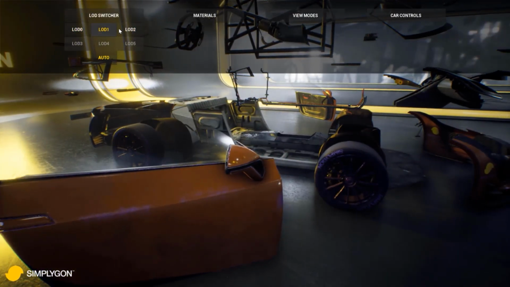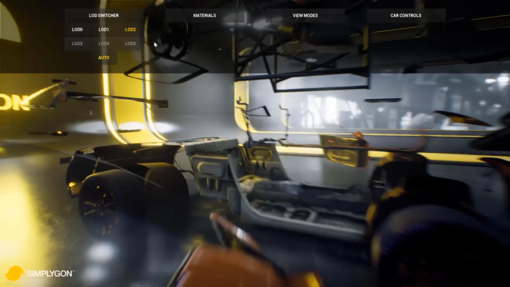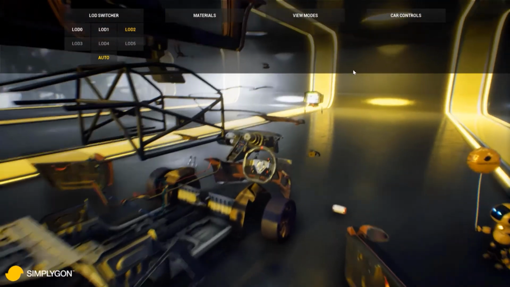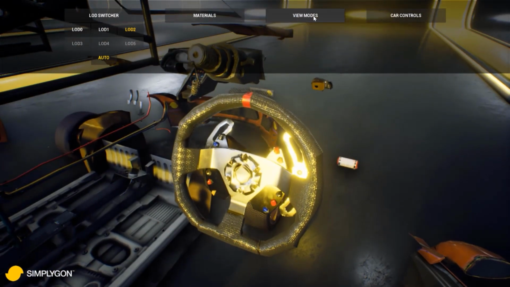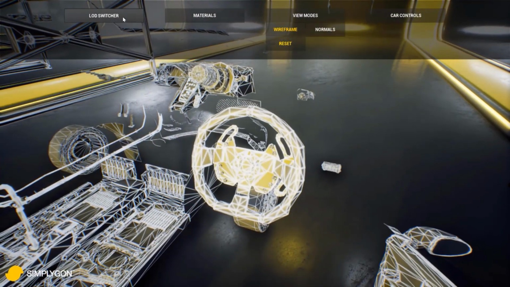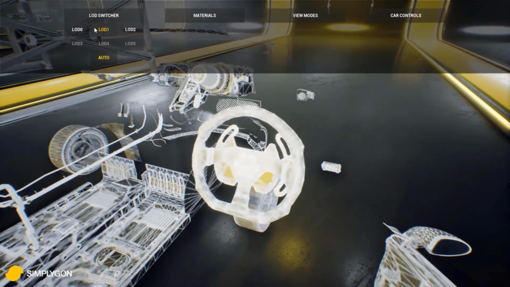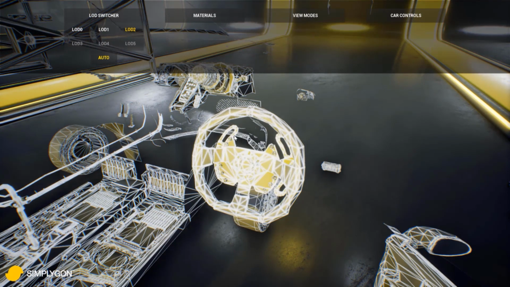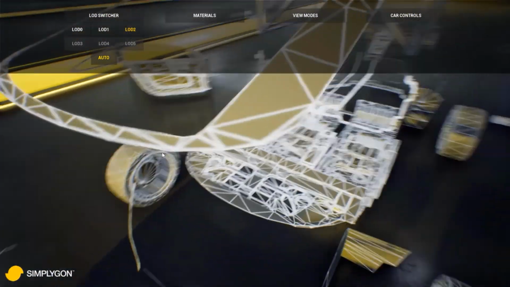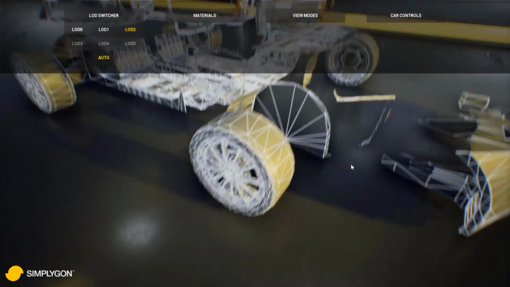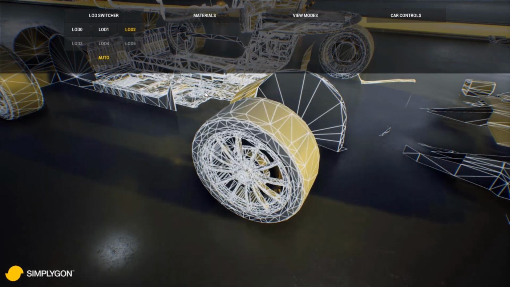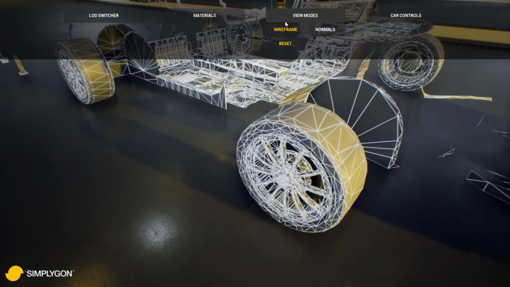As we step through here, you'll see that it retains the shininess and it doesn't change much as you toggle through. Let's look at the steering wheel here and see in wireframe. This is the LOD3. Let's go back to LOD0 and step through, and you can see that it's heavily optimized as we switch through here. And the same thing, just look at a wheel using the same method here, just stepping through, seeing that we're taking away a lot of polys for each of these steps.